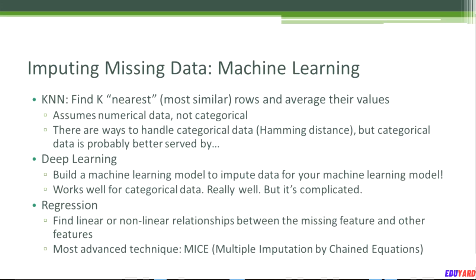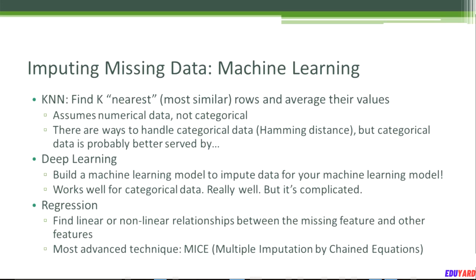It's tough to beat deep learning these days. However, of course, it's complicated. There is a lot of code involved and a lot of tuning as well, but it's hard to beat the results if you actually have a deep learning model that tries to predict what a missing feature is based on other features in your dataset. That's a lot of work and a lot of computational effort, but it's going to give you the best results.